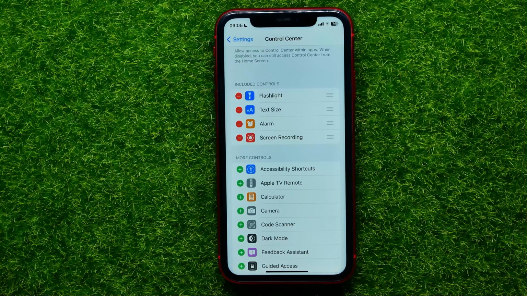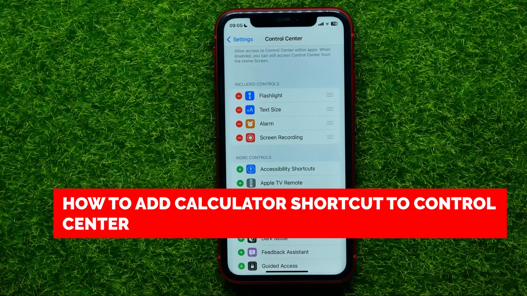Hello guys, welcome back. In this video I'm going to show you how you can easily add calculator shortcut to